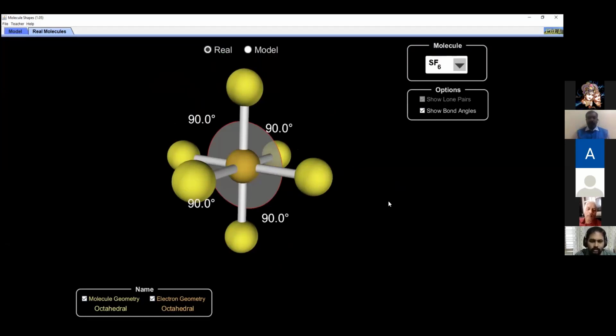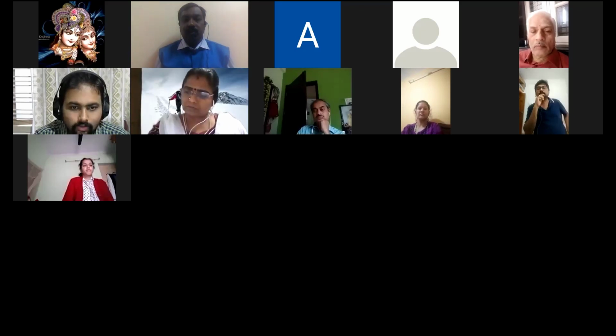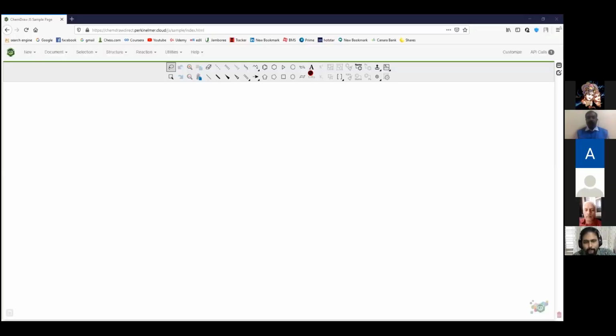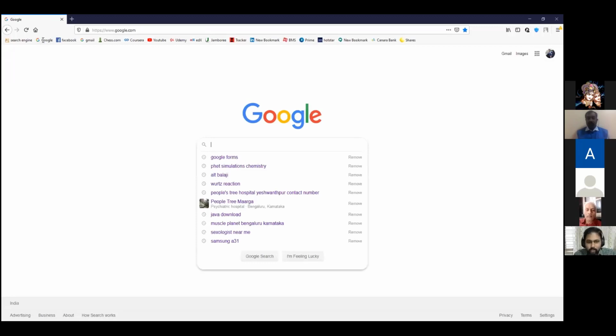Now these are called PhET simulations. How to go about this? Online, you can go to Google. See, this is the ChemDraw online version. Before going to simulations, you have to download a software called Java.